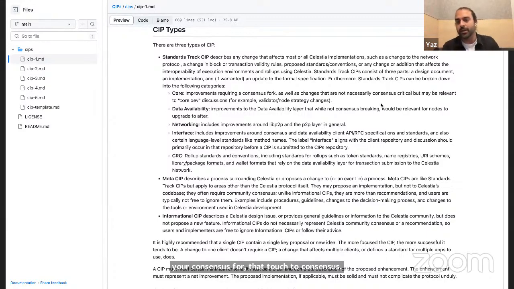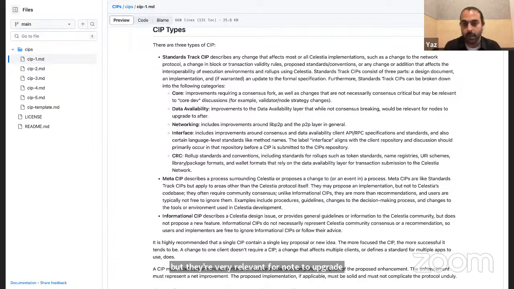And many things that are not necessarily consensus critical, but they are relevant, especially if it's something a validator might be operating. Then you have the data availability track, which covers any improvements on the data availability layer that are not necessarily consensus breaking, but are very relevant for nodes to upgrade after.